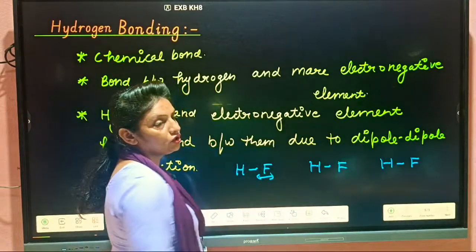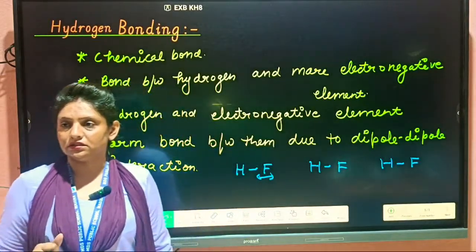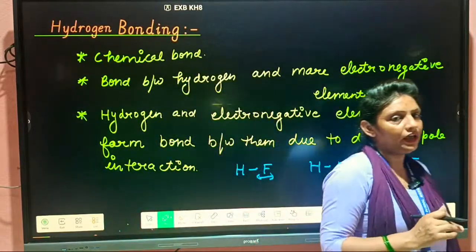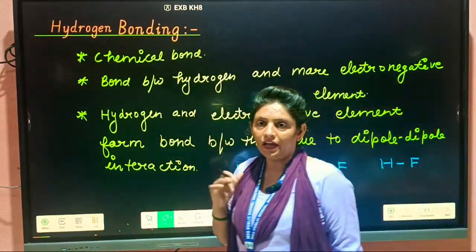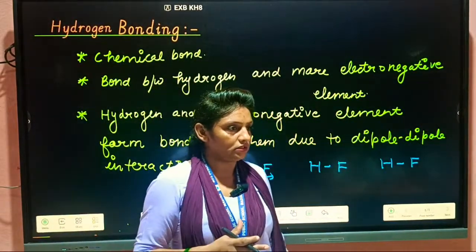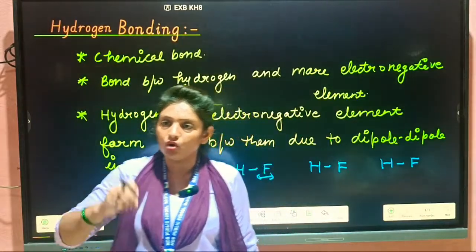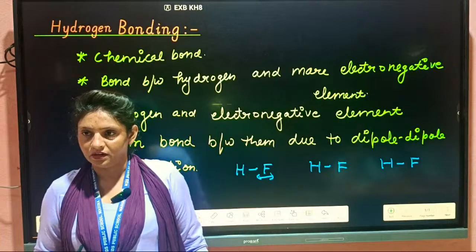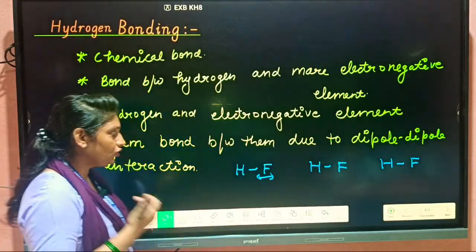Fluorine is a group number 17 element. In group number 17, halogens exist, and halogens are the more electronegative elements. And fluorine is the most electronegative element in the whole periodic table. Clear or not? So here, you know very well,